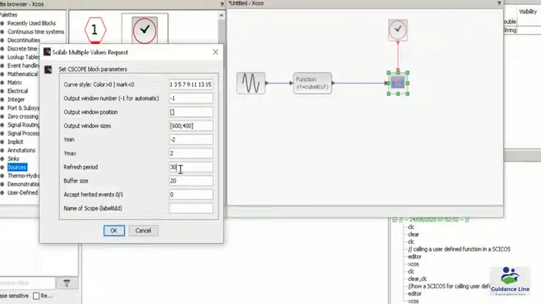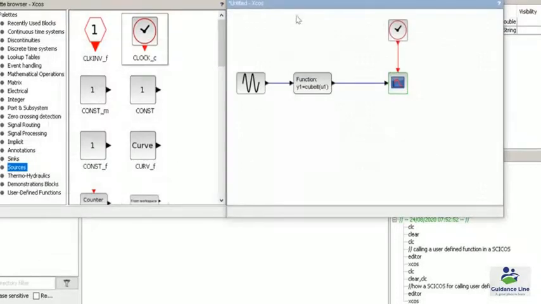And we also modify the refresh period to 30, and we are remembering this particular value because it is required to modify in a simulation setup. Next,